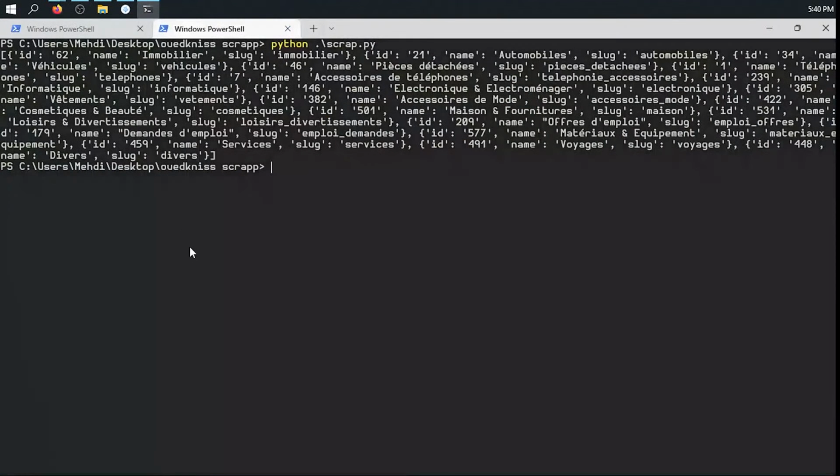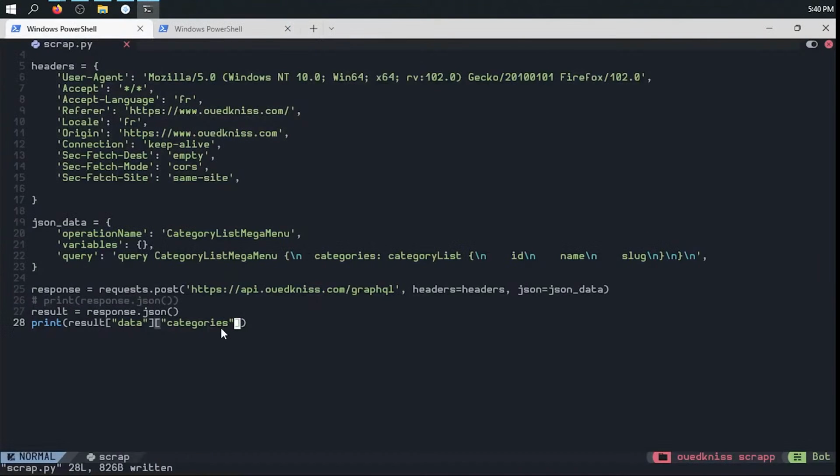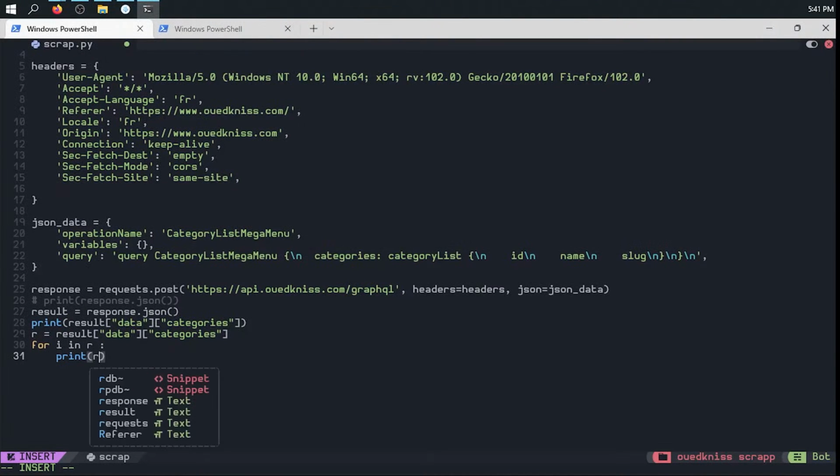We go to our code and we make a for loop to get all the links in result.data. So we want to print r.name,